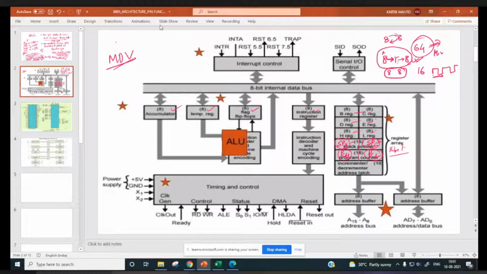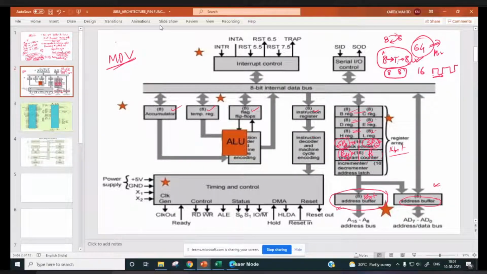Then you can see we have the address and data buffer over here. Program counter, stack pointer, HL, DE, BC are all connected to this address buffer. It is 8-bit, and it is the address and data buffer. All these registers, BC, DE, HL, and the PC are connected to the address data buffer.